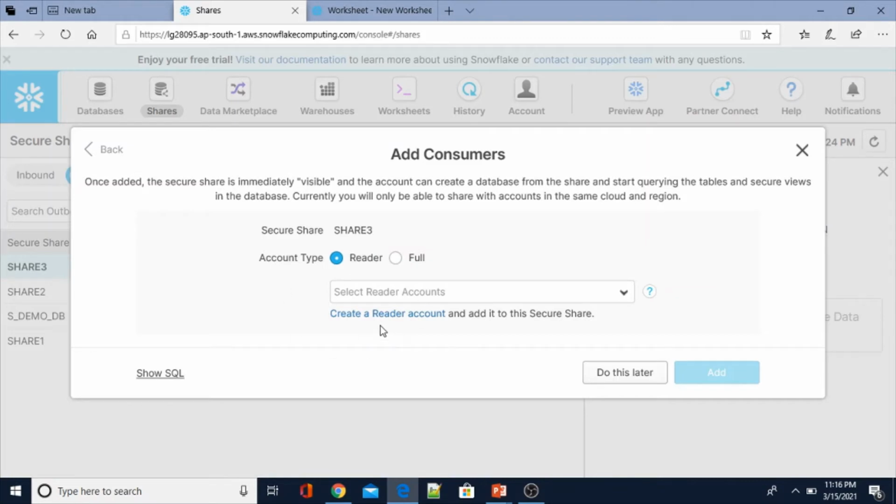Please note that with a free trial Snowflake account, we can create only one reader account. Also, once you create that reader account, if you drop it, you cannot recreate it again. Please note this one.